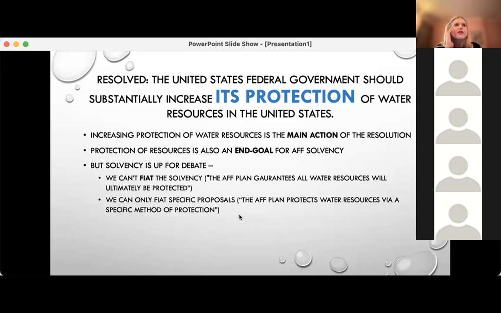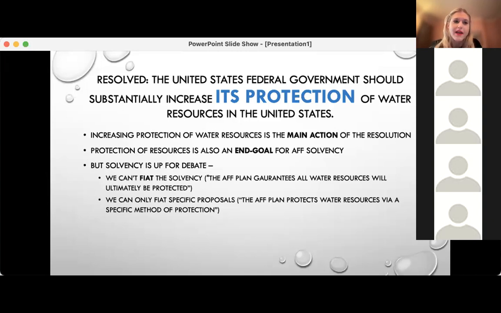So that's one thing. Even though we think of protection as sort of an end goal, like, oh, I succeeded at protecting her from the scary camp counselor or something, right? Protection is something that you can secure for yourself, but it's also a method that you can enact, and it may or may not actually do the job, right? So I could hire private security to protect me, but depending on what kind of private security I hired, they may or may not actually protect me, if that makes sense.